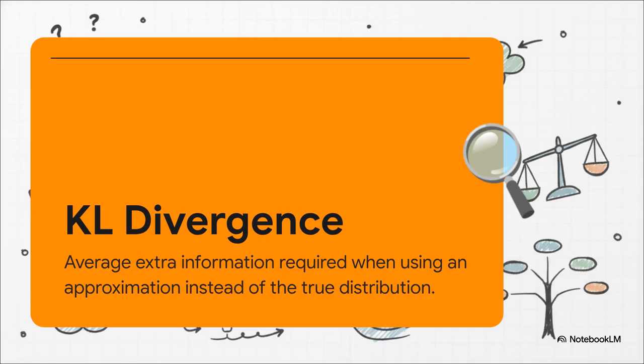The Kullback-Leibler, or KL divergence, measures the dissimilarity between these two distributions. You can basically think of KL divergence as the literal penalty you have to pay. It's the average amount of additional information, or extra bits, you require to specify a value simply because you used an approximation instead of the absolute truth. The less your model matches reality, the higher that KL divergence penalty is going to be.